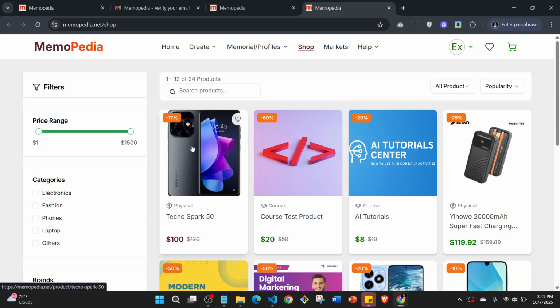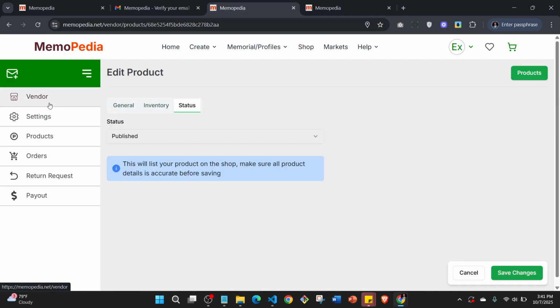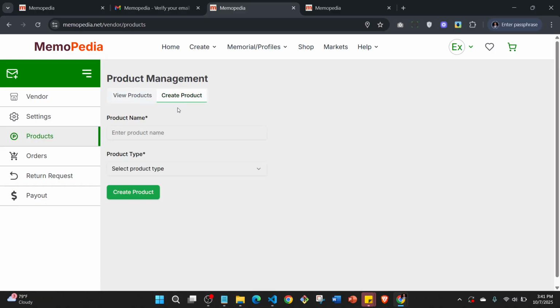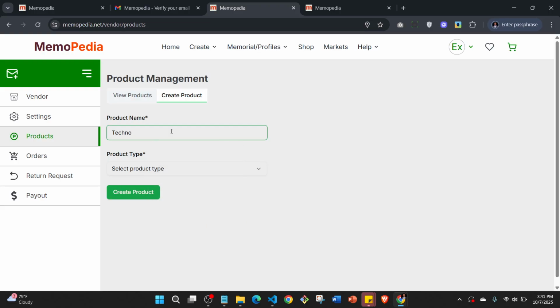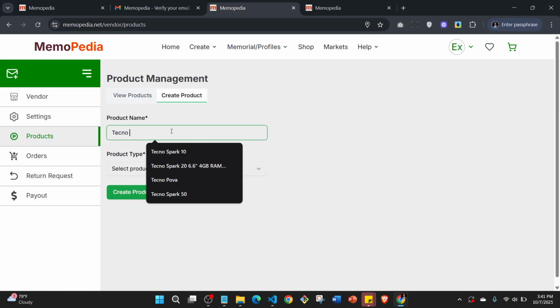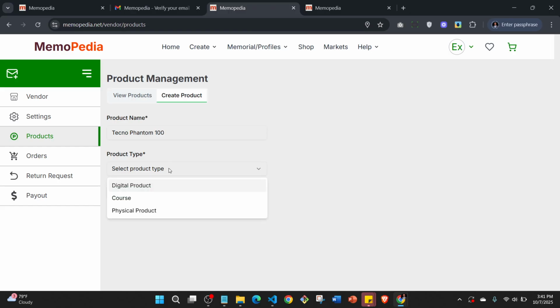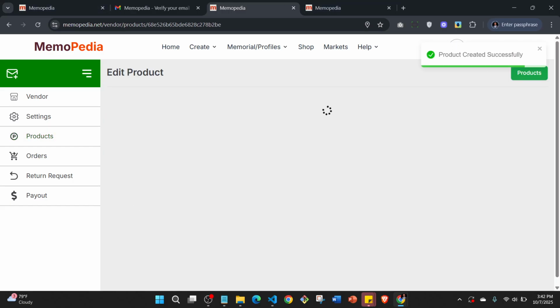Now let me quickly show you how to create a variable product, which is very important. I'll come here and I will go back to my product, and this time I'll say I want to create a variable product, and then I'll just say same product, Techno, let's just say Phantom. I don't know what that is, Phantom 100. All right. And then I'll come here, say I want to create a physical product, click on create. All right. And then once that is created,